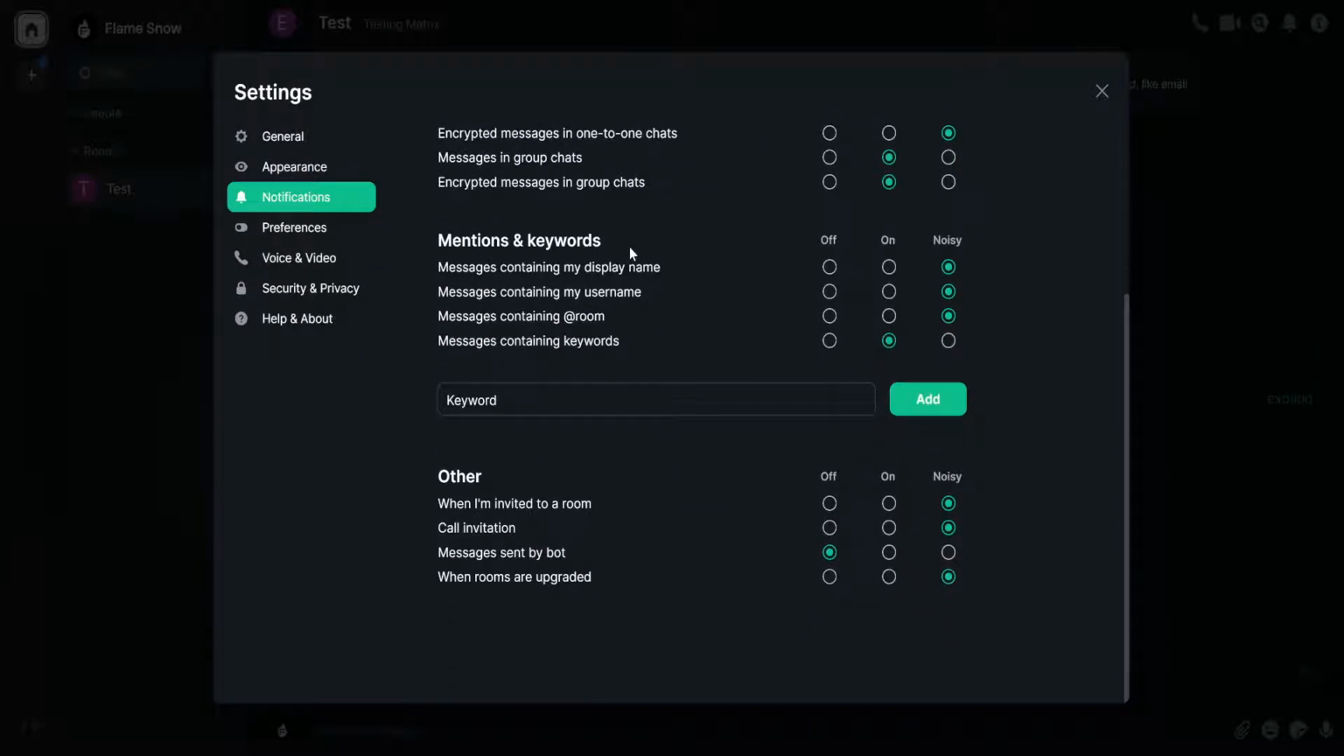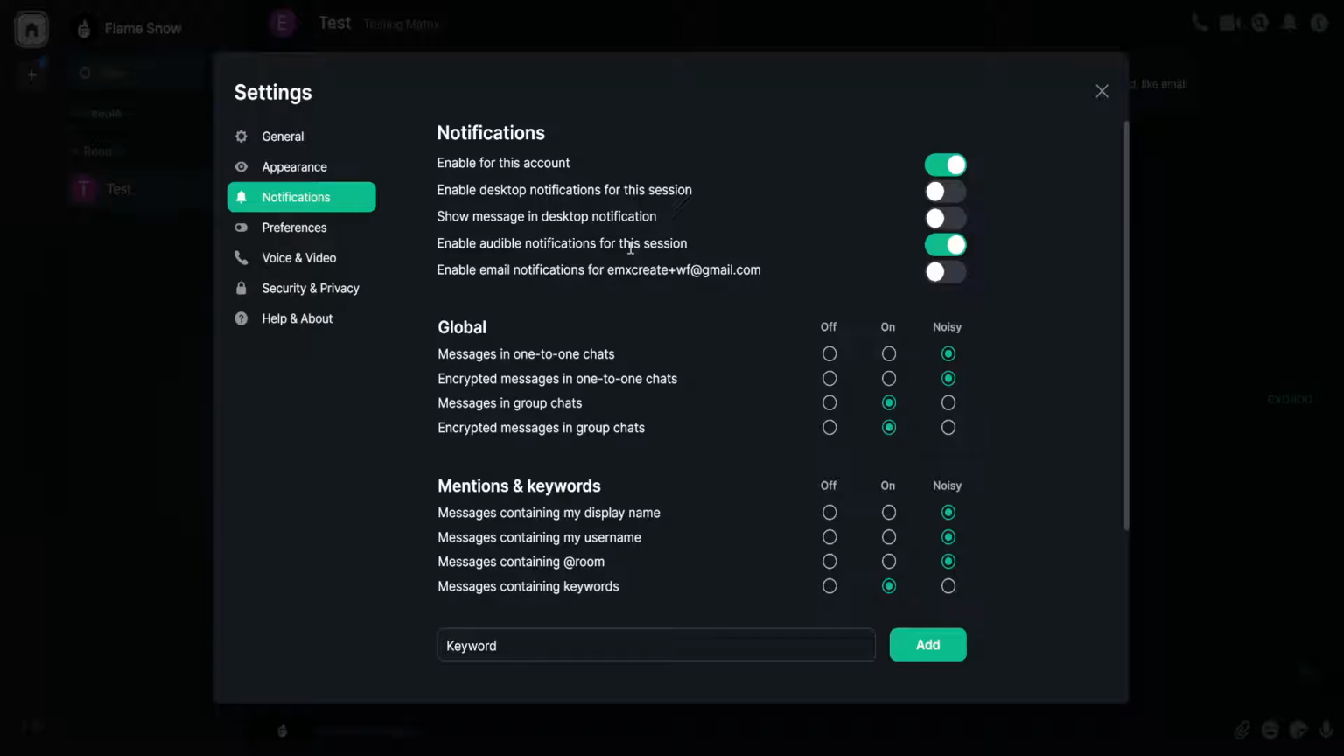Notifications. You can get really in-depth with notifications. You can set them for custom events, so if you want only very specific things to notify you, you can. You can also change the levels at which stuff will appear. So you have noisy, on, and off. Noisy is, I think, like every single one will come through. On, I think, is just like